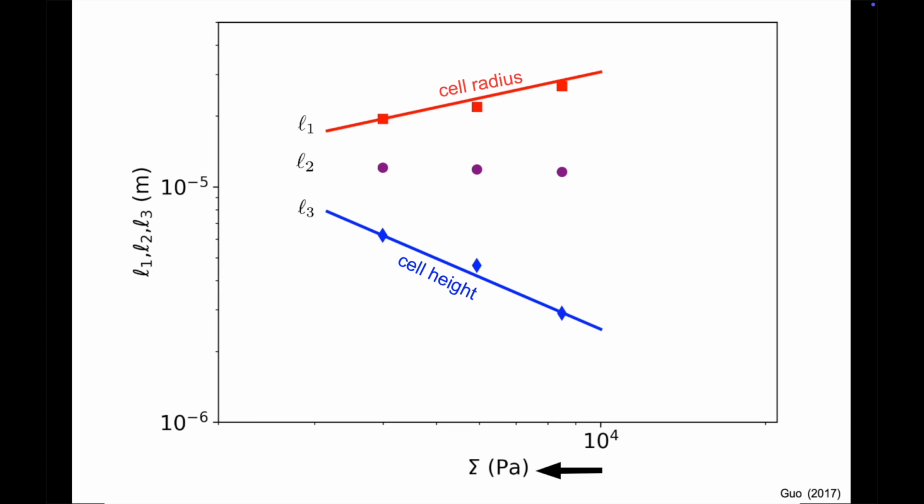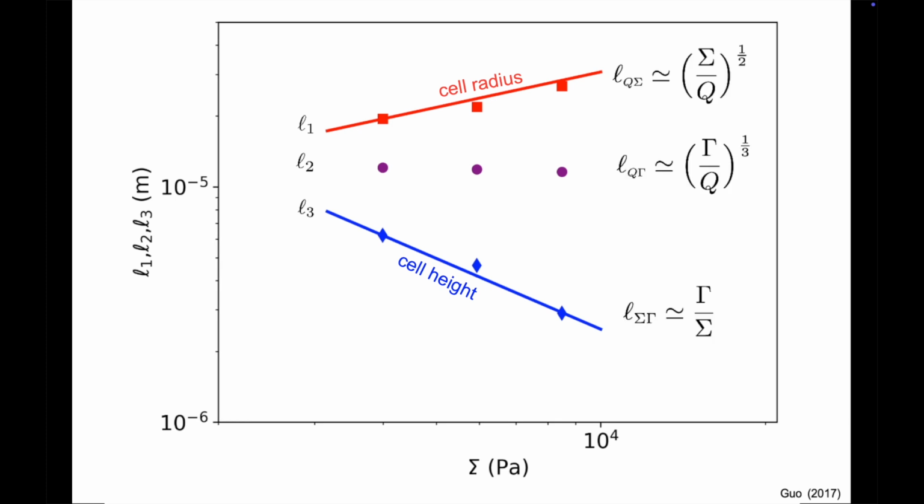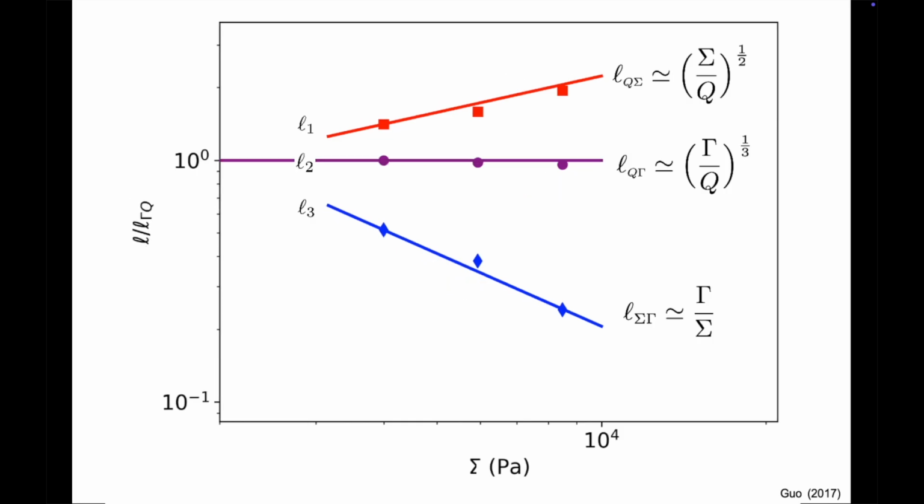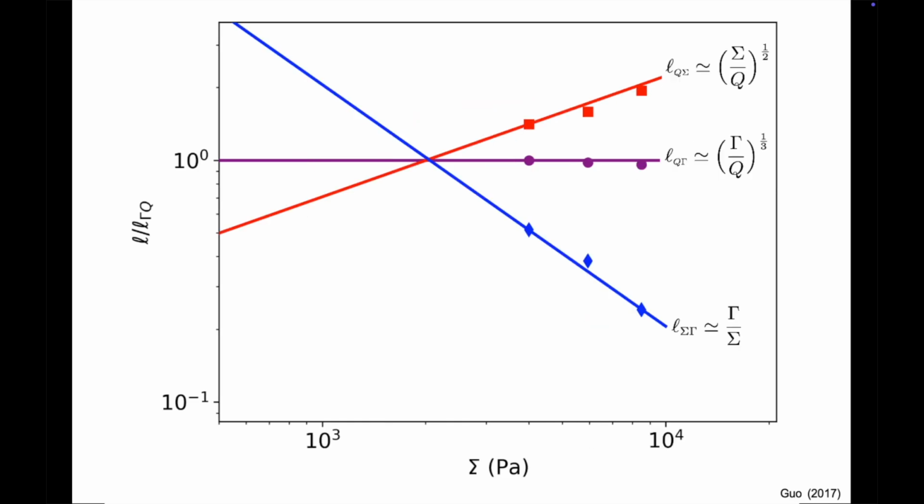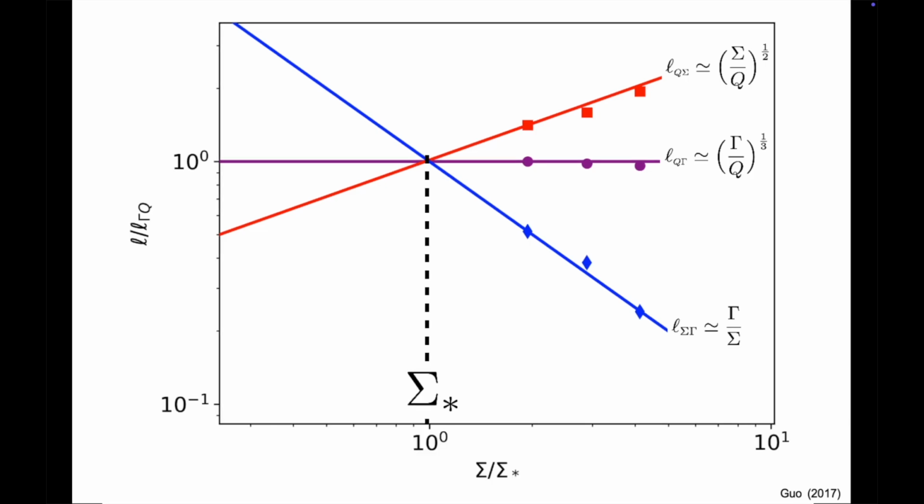In this plot, both the vertical and horizontal axes are given in subjective units, the meter and the pascal. We can of course use any one of the three simple lengths as our unit. In particular, we can use what we called the bulk radius in the previous episode, the length constructed from the volume of the cells. With this unit, the vertical axis is now objective. What about the horizontal axis? Well, just as in the case of drops and bubbles, in this plane, the three simple lengths eventually intersect. There is a special value of stress where this happens. And just as in our first example, we can use this special stress to scale the horizontal axis.